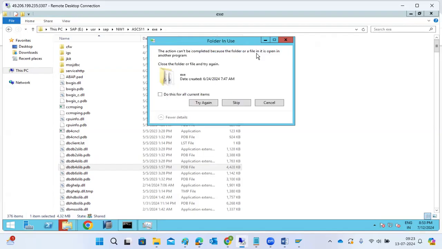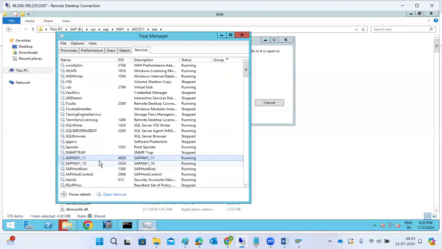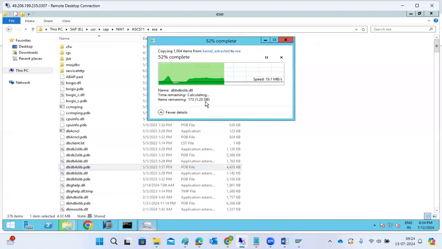See here, it's already in use. Why? Because here the service is already in active status. So I need to stop that service, and this service as well. The service is active and the program is being used by another process, so we cannot continue. So what we have to do now is